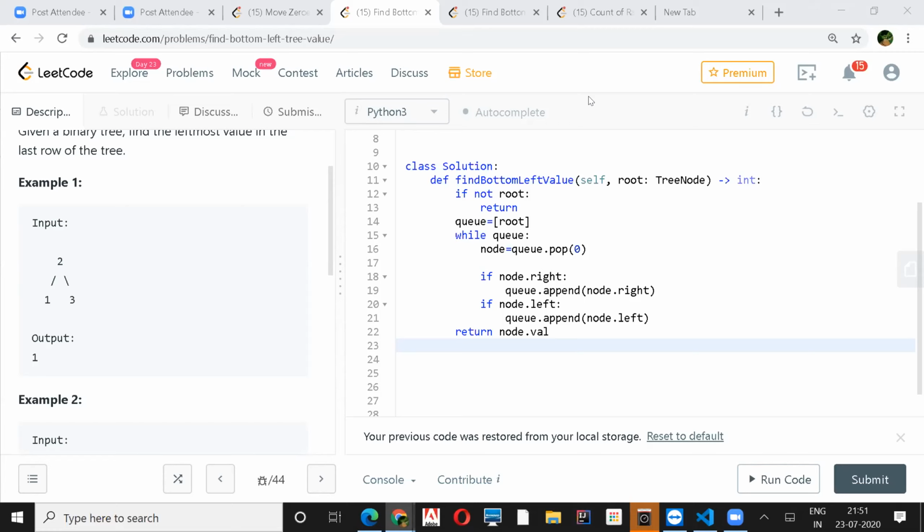But if it is skewed, BFS will also take a lot of space, right? No, because you will save only one level, so it will be one node at that level. You will visit your node, you will pop it out. Okay, children will be one, yeah. So the problem for BFS is with the complete binary tree. At the lowest level, there would be a maximum of n by 2 nodes if there are n nodes in a binary tree. So when the base is wider, we go for DFS. When the height is larger, we go for BFS.